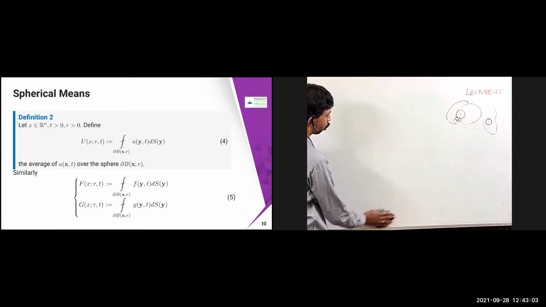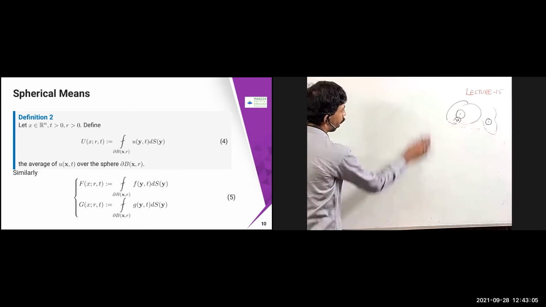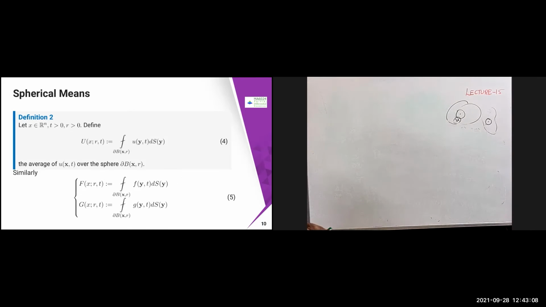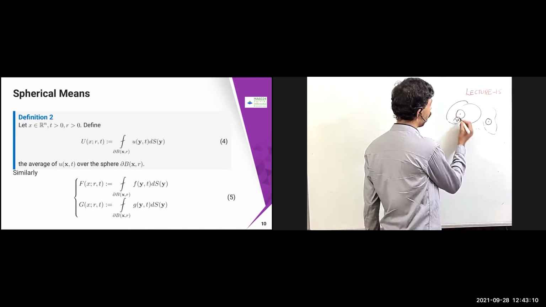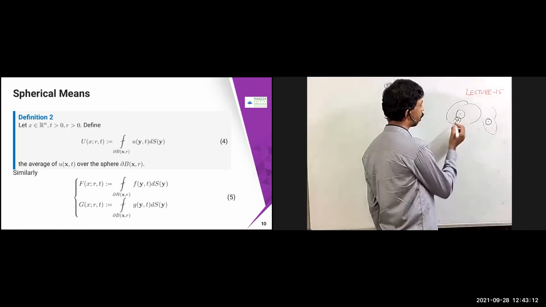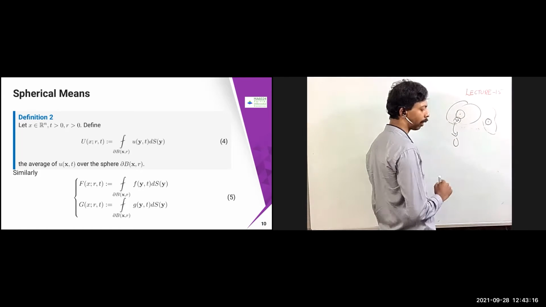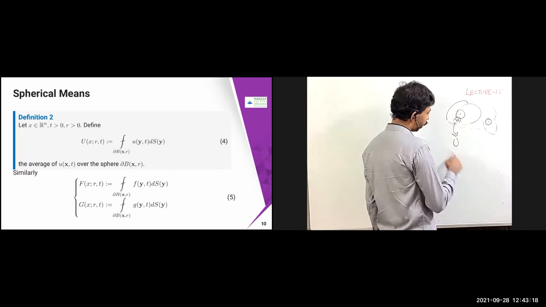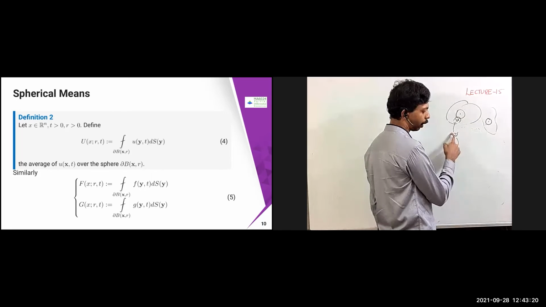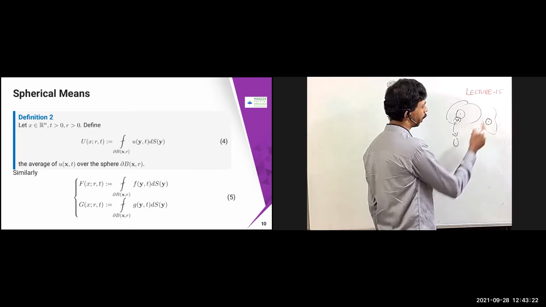That capital U is going to be solved, and that automatically gives the answers for me in the small u. So my problem is on small u, and I have to solve it. But in order to solve this one, I will convert it into some average that I will be taking, which I'm going to call capital U. Then I will convert it into a one-dimensional wave equation. If I solve this one-dimensional wave equation, automatically that is going to be solved.